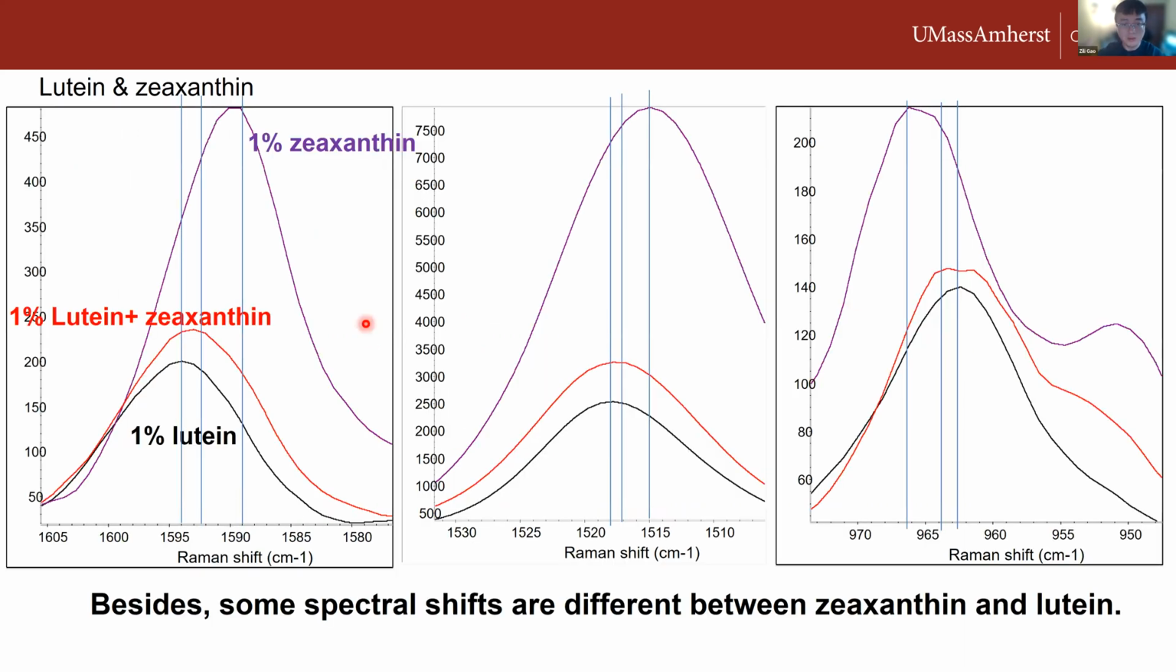When we zoom in on the spectrum, we found that some spectral shifts are different between these two compounds. As you can see, the zeaxanthin is more on the right side of the rectangle, and the lutein is on the left side. And with this characteristic of these two compounds, we can